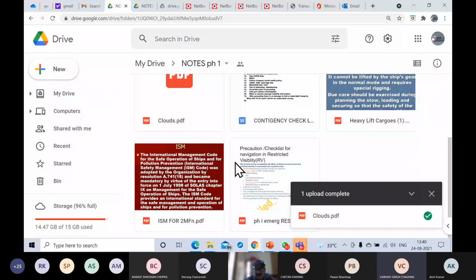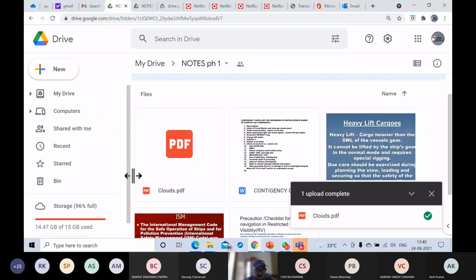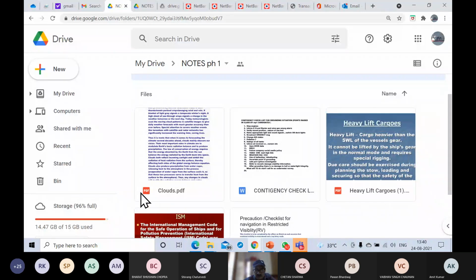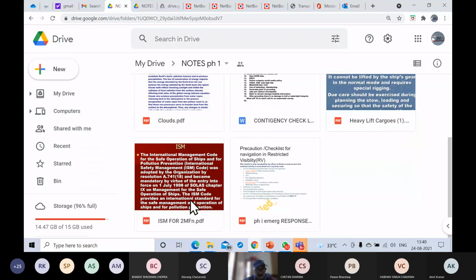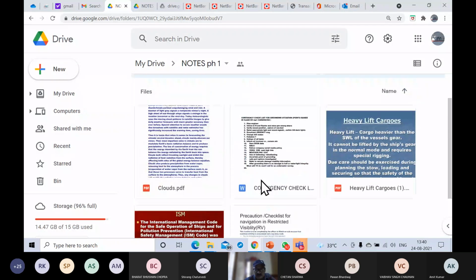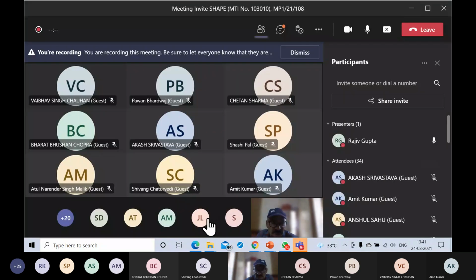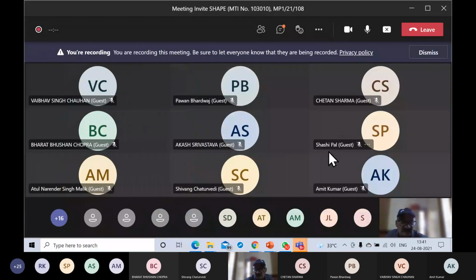चलो ये वाला जो मैं बात कर रहा था, हम लोग डिस्कस कर रहे थे, ये आपके उस ड्राइव पे पहुंच गया है। सो समथिंग यू हैव योर हैंड्स टू गो थ्रू इन योर फ्री टाइम और मे बी व्हेन यू आर बोर्ड अप, अगर देखना हो तो ये एक ग्रुप पे डाल दिया मैंने, वो उस लिंक पे। लिंक ये है जो मैंने आपसे कहा था कि हर चीज़ उसी लिंक पे डालूंगा। तो ISM कोड, नेविगेशन, रिस्ट्रिक्टेड विजिबिलिटी, चेकलिस्ट, हैवी लिफ्ट कार्गो, ठीक है, और ये क्लाउड्स आ गया जो हम आज बात कर रहे थे। इट इज देयर, यू कैन यूज द लिंक एंड एक्सेस इट। ठीक है, इसके अलावा बताओ। नेक्स्ट सेशन इज ऑन कार्गो वर्क, दैट इज ओके।